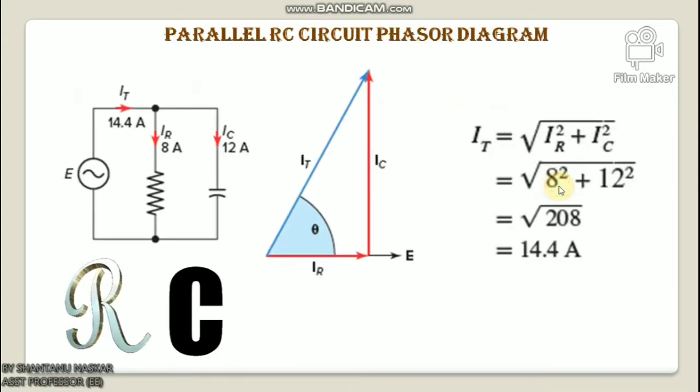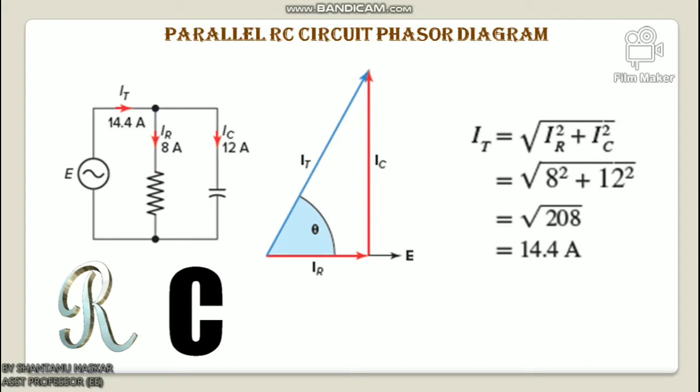After this, I will discuss the parallel RC circuit phasor diagram. So the relationship between the voltage and current in a parallel RC circuit in the vector phasor diagram is summarized here. The reference vector is labeled as E, look here, and it represents the voltage in the circuit, which is common to all elements. The voltage is common to all these elements here, as we know about the RC parallel circuit.